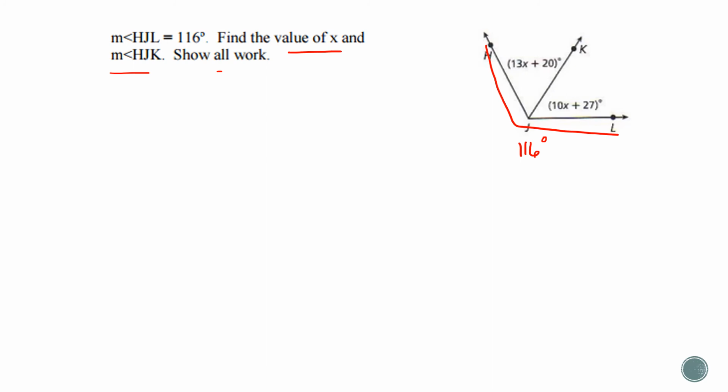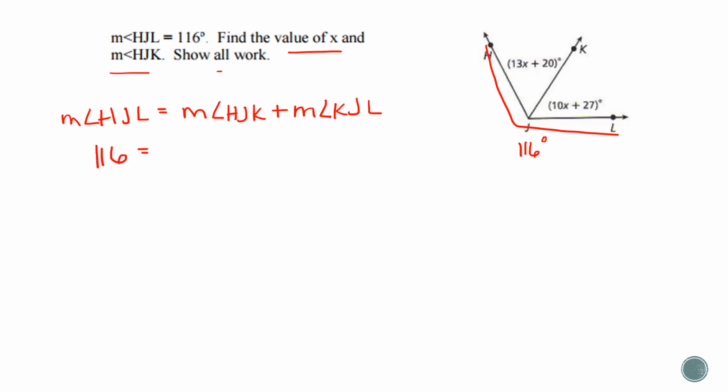this, looking at my first postulate, angle addition, the measure of angle HJL equals the measure of angle HJK plus the measure of angle KJL. So now going in and filling in for what I know, we know the measure of angle HJL is